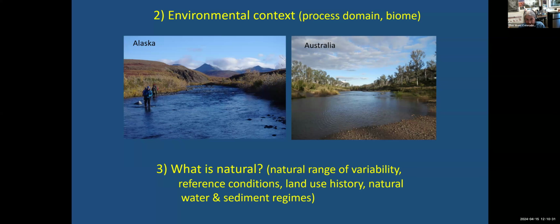Sometimes this is done using reference conditions, where people will look for the least human-altered catchment or river segment in a region. That works well in some parts of the world. It's very difficult to do in others, particularly parts of Europe and Asia, where there's a long history of human intervention. Regardless, I think it's really important to know something about land use history. The area I live in, the Colorado Front Range, many of the streams here look very natural, but if you dig into history a little bit, there's been a lot of alteration.